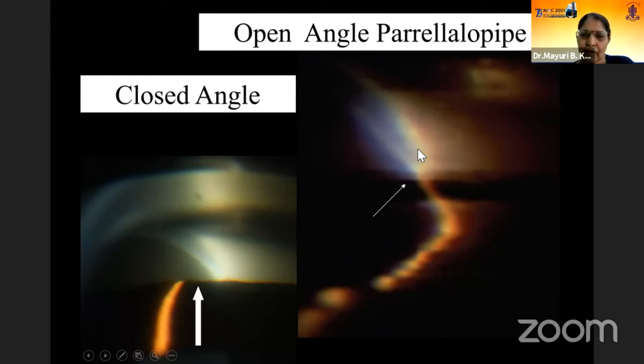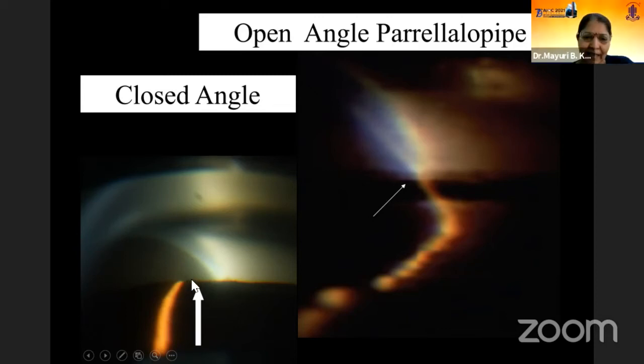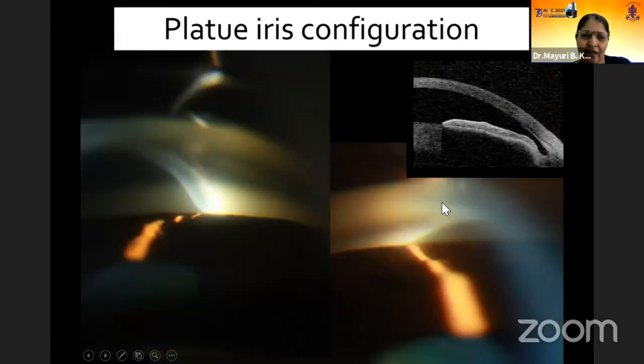So this is how you go ahead, madam, apex where it is going. Here the apex is not seen and the iris line is seen. So this is a close angle, but this is a pigmentary glaucoma misdiagnosed as angle closure. The Schwalbe's line is here. This is the part of the angle, and you can see the concave iris configuration.